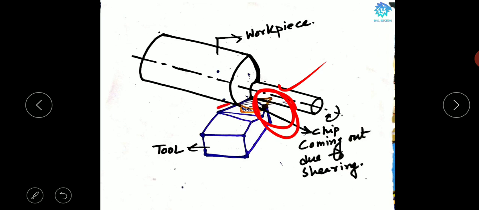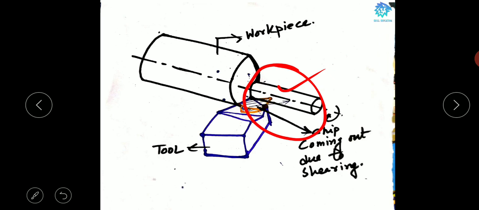But if we give an inclination to the rake face, this phenomenon will not occur. The chip will have a proper direction and will not fall in this region. What will happen if it falls in this region? More friction will occur between the machined surface and the tool due to the chip, so the machined surface will have a poor surface finish. If we want to avoid this, we have to give inclination to the rake face.